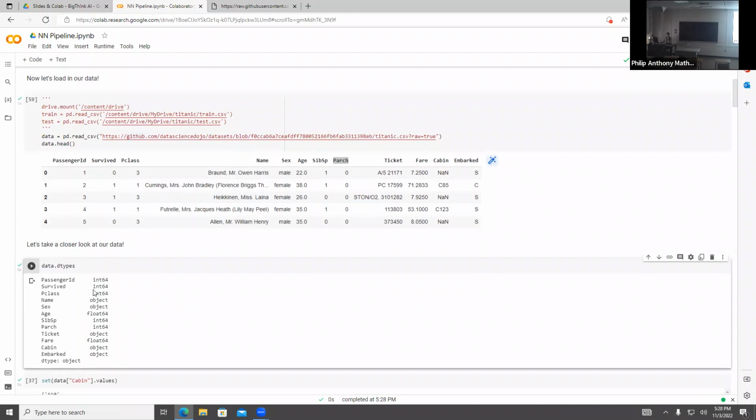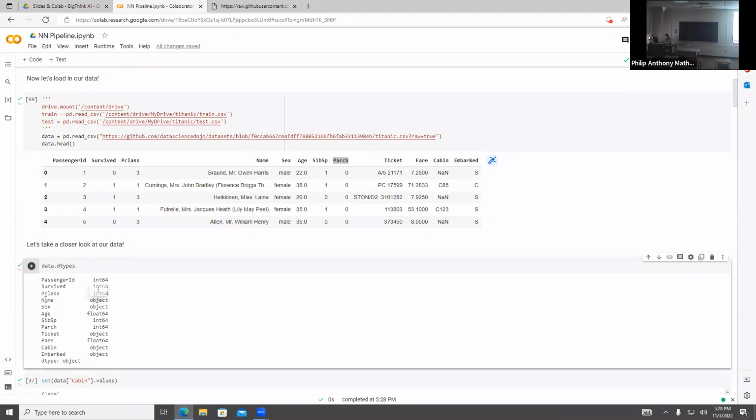So this is a command I talked about earlier in the semester. It's essentially a typing command to show the different types of the variables. As you can see, we have a lot of numeric types, which is good. Numeric is something we're often using on neural nets. But as you can see, we have some stuff that is not